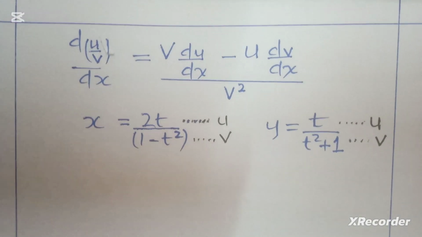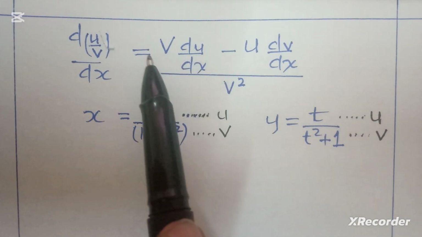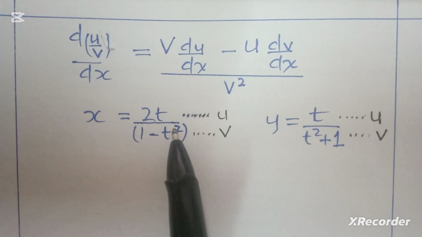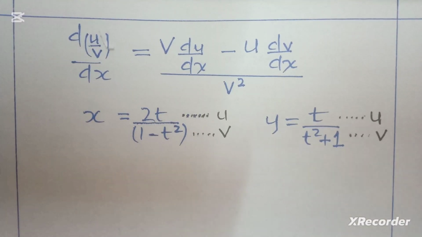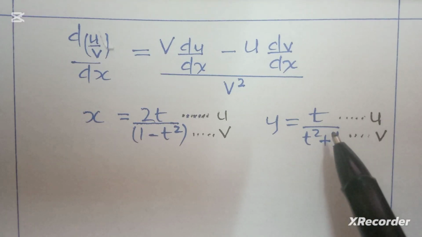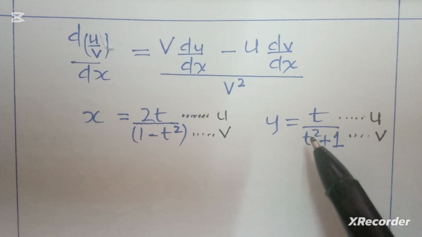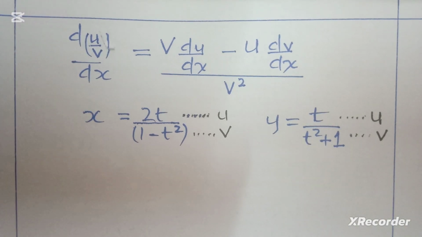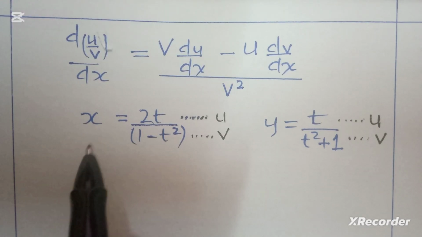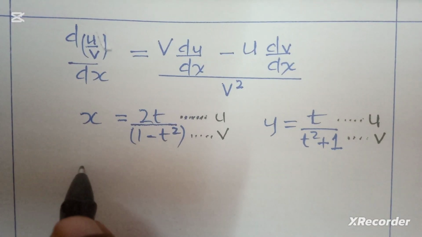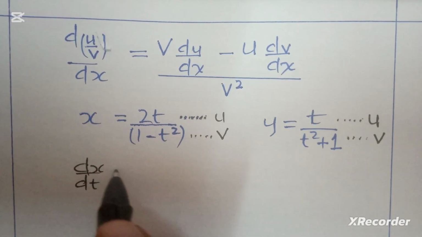Before I do it, I have the equation that we are going to use, which we call the quotient rule, because as you can see we have two different expressions that are divided by each other. And so therefore guys, we use the quotient rule where we have division. So guys, I start with this one. I will start with dx, that is dx dt, like that. This is given by,